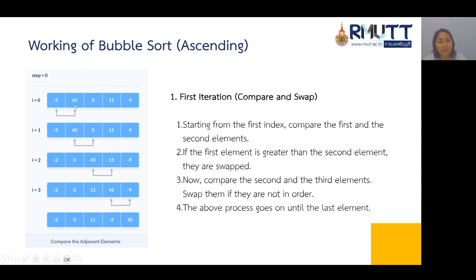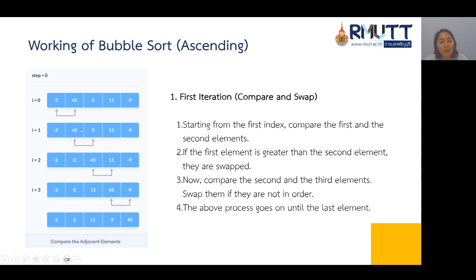The first step, starting from the first index, compare the first and the second element. If the first element is greater than the second element, then they are swapped. Like this one, -2 with 45. The 45 is greater than -2, so no need to swap.